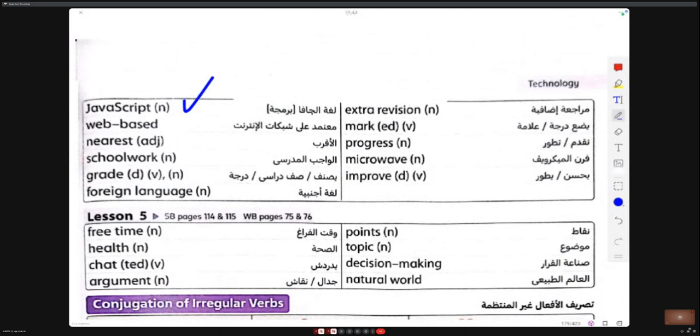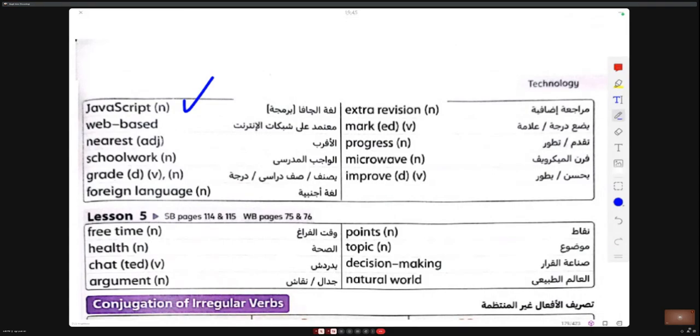JavaScript. Web-based. Nearest. Schoolwork. A grade. Foreign language. Extra revision. Mark. Progress. Microwave. Improve. Free time. Health. Chat. Argument.